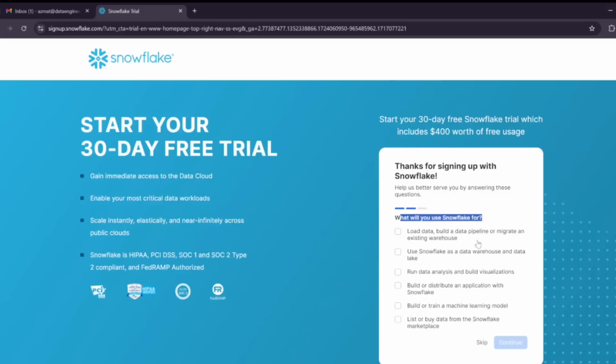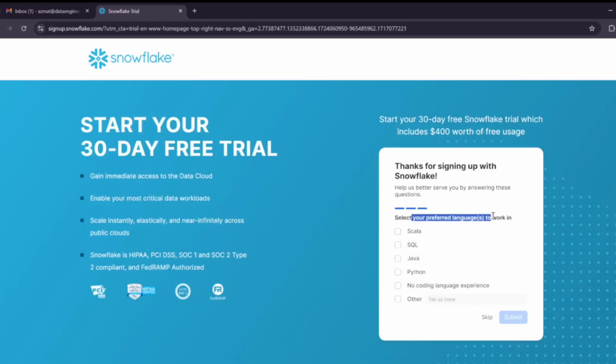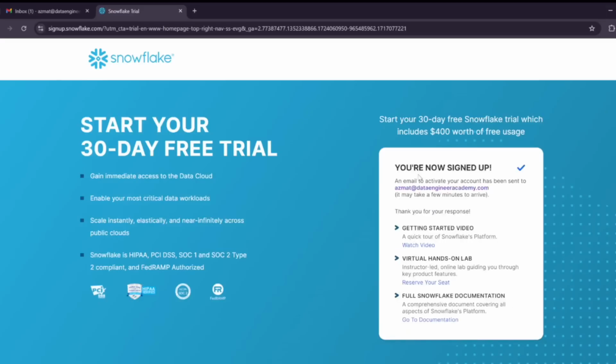What will you use Snowflake for? You can just select load data, build data pipelines, or migrate existing warehouse. Click on continue. Select your preferred language to work in. Here we are going to use SQL, so just select SQL, click submit. Once you answer all the questions, you'll get a notification that an email is sent to your given email ID